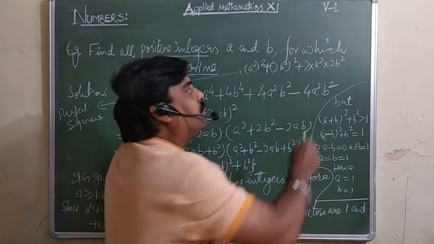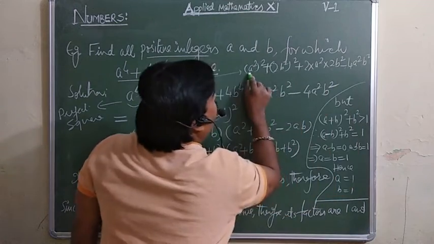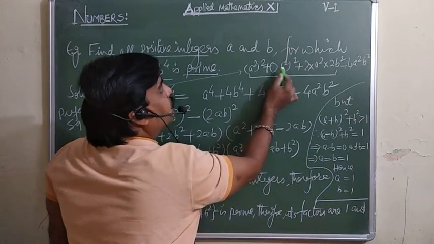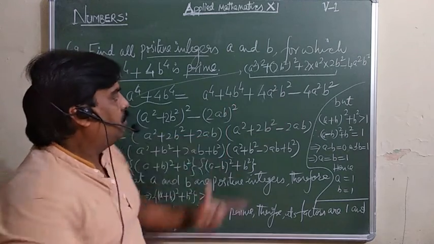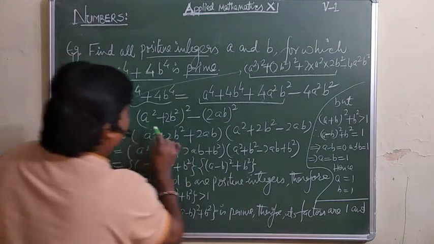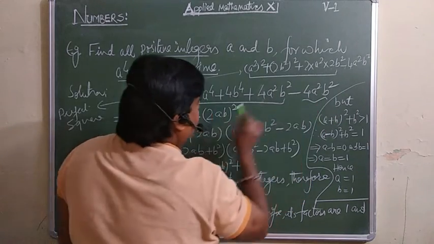The extra term that is added, subtract the same amount, so the value will remain the same. But from here to here you can write this as (a² + 2b²)². So the same thing we are doing here only. So this can be written as (a² + 2b²)² minus, and this can be written as